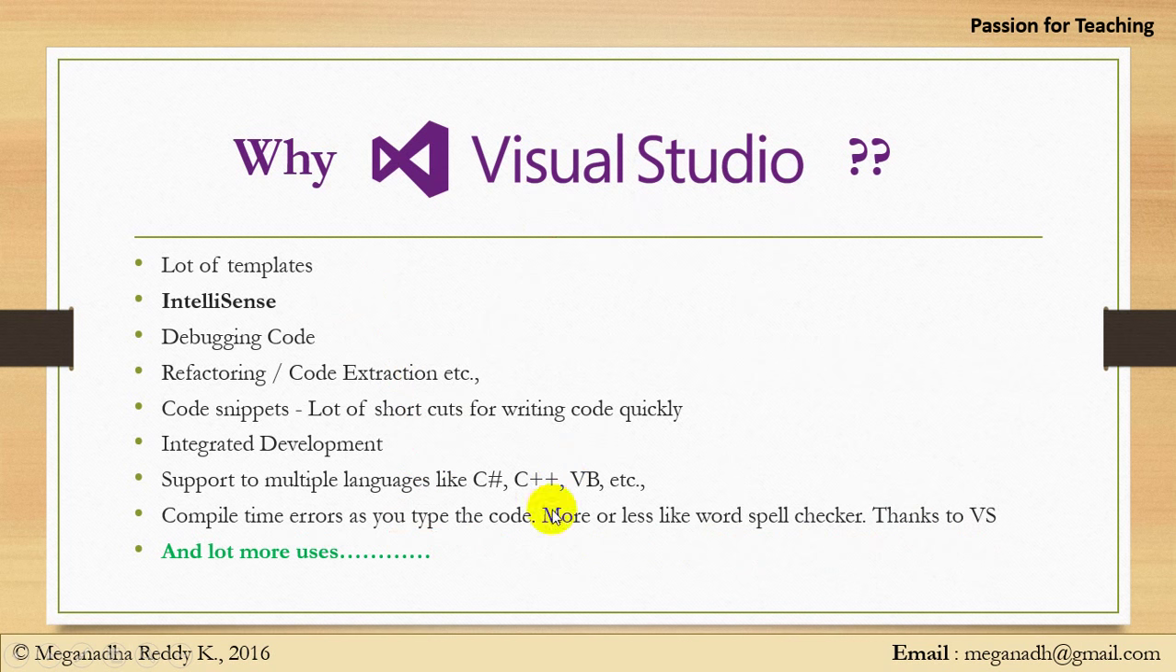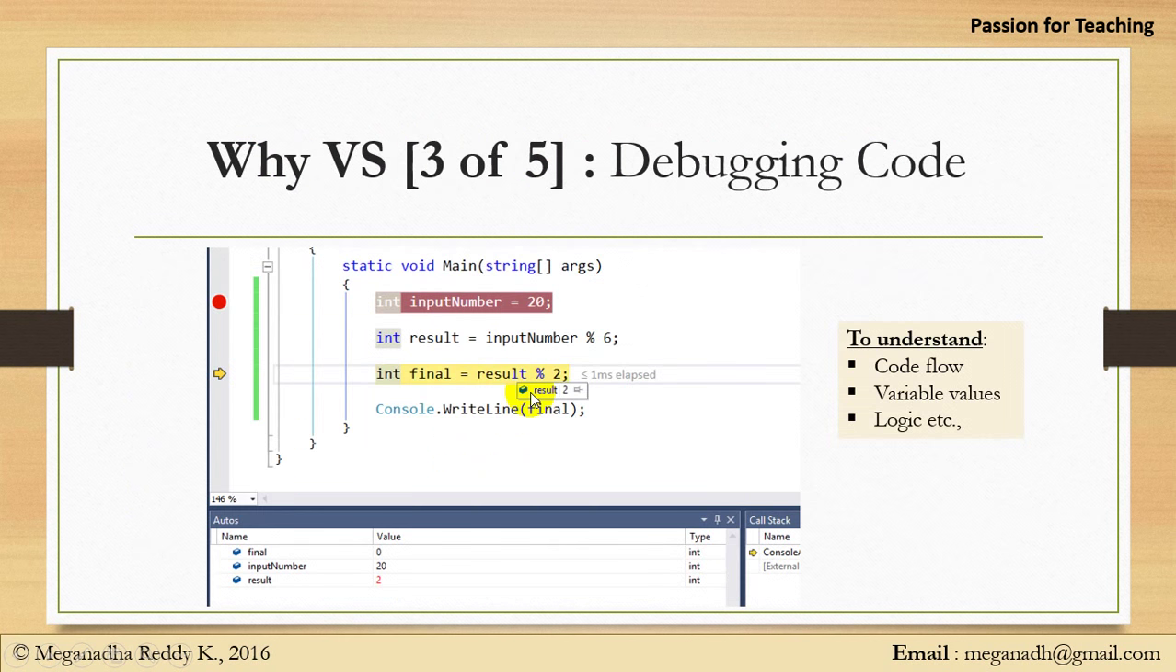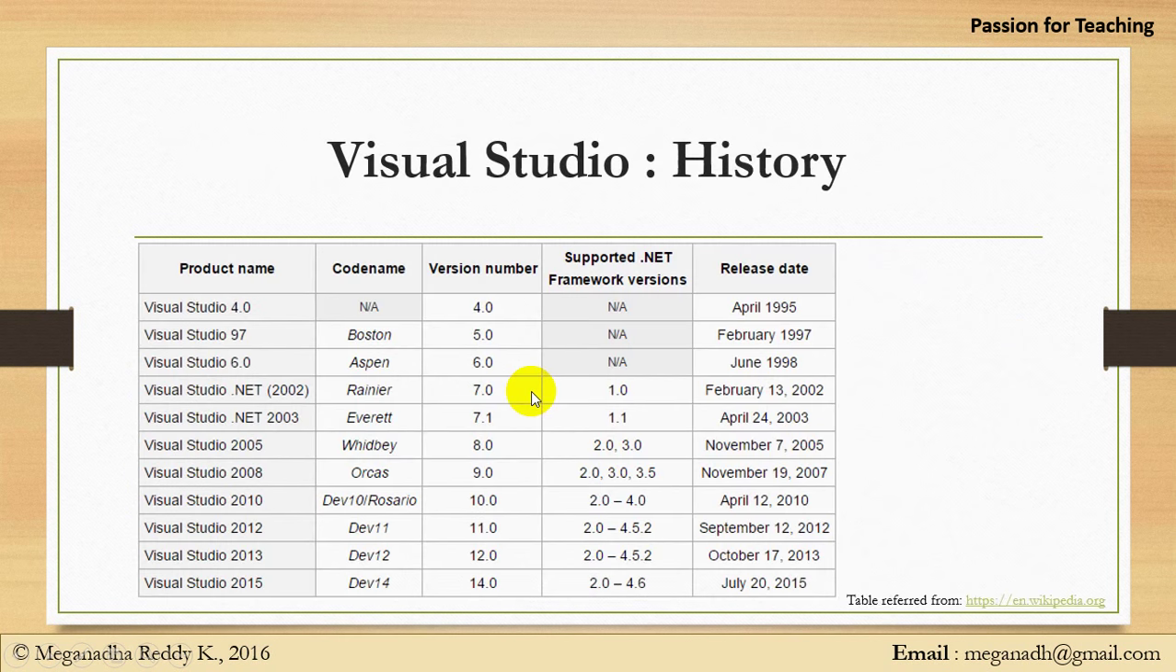Okay, now let's go to the next one. So we learned all these steps, and let's go to the next topic. And here is the history of Visual Studio. So Visual Studio started way back in 1995, almost 2 decades back, and that was Visual Studio 4.0, and then Visual Studio 97 and Visual Studio